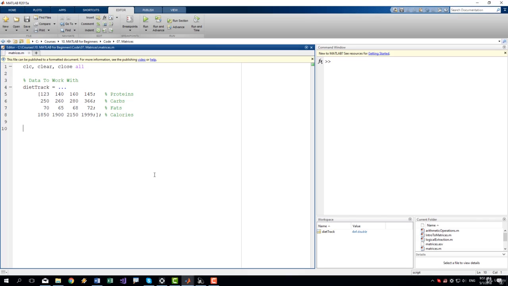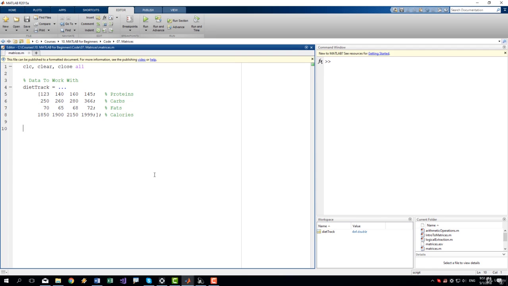While we were working with vectors, we saw many different ways through which we can extract subvectors. All of these operations are valid in matrices as well. The only difference is in the indexing. Let's take our diet tracking matrix example. If you're not interested in that whole data and you want to extract the data only for your carb intake